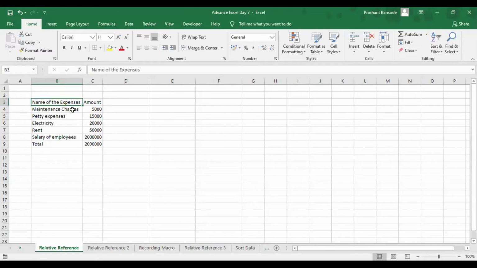Whenever you are recording macros, you need to be very careful not to click anywhere in any other cell, because whatever activity you do all gets recorded in that macro. If you type anything wrong or apply a wrong formula, it all gets recorded, and then when you run the macro, you might face a problem that it is not executing or not giving the exact result. So we have to be a little careful when we record macros.